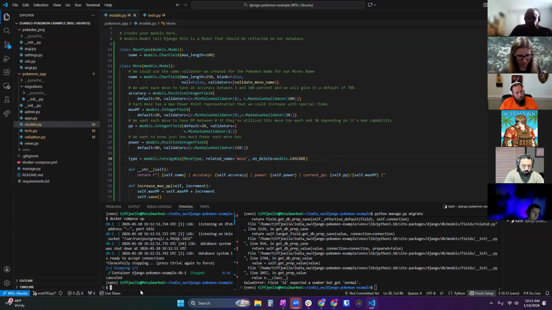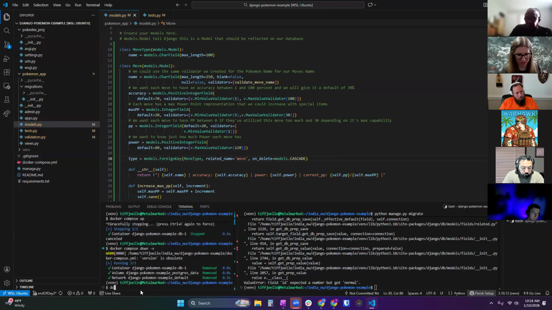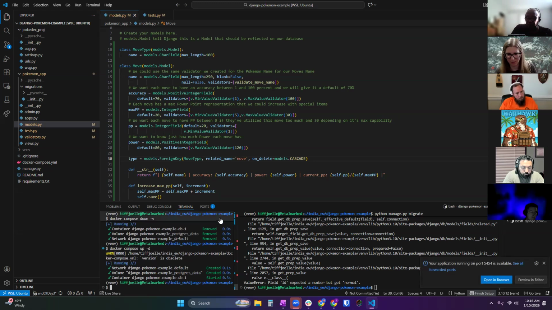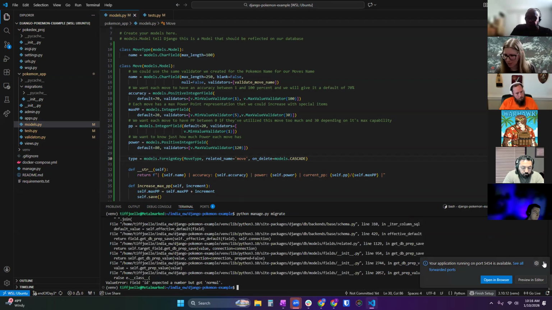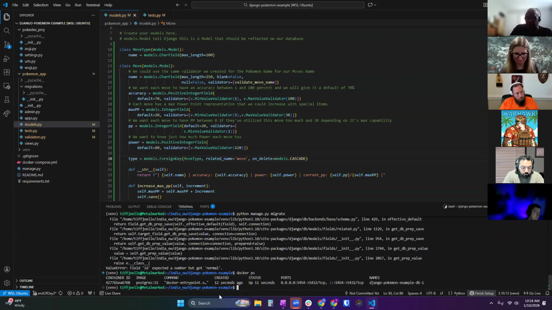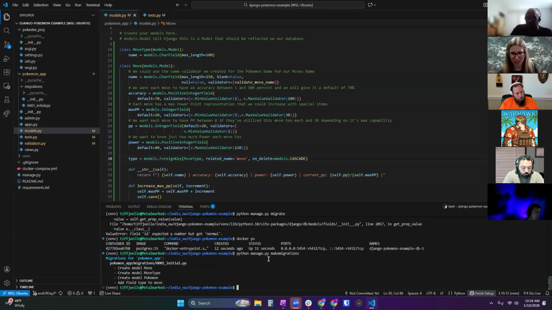I'm going to make sure I kill this container. And now run it in detached mode, sorry, not daemon. And I'm going to destroy it. That's fine. Okay, so now let's try to make migrations again. So now that I made migrations, after I destroyed all of those migrations I had before, now I have a new initial, which is grabbing everything in my files that I've created.